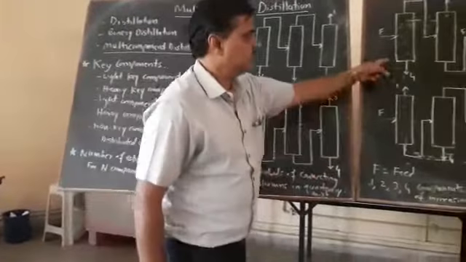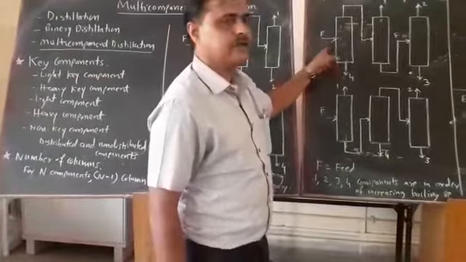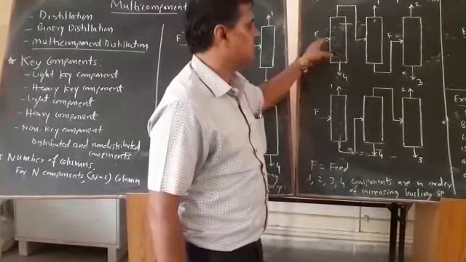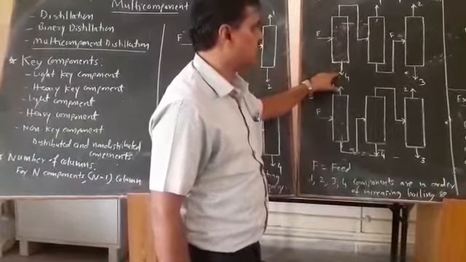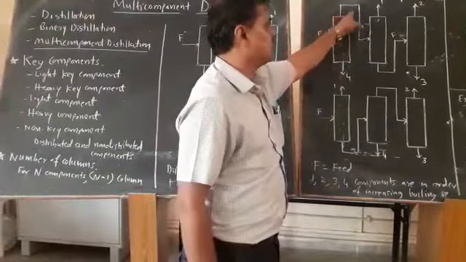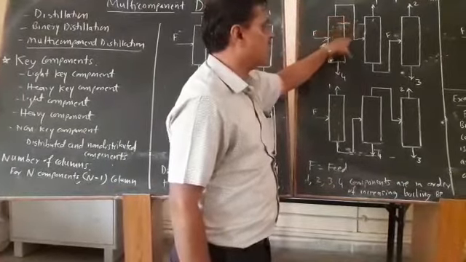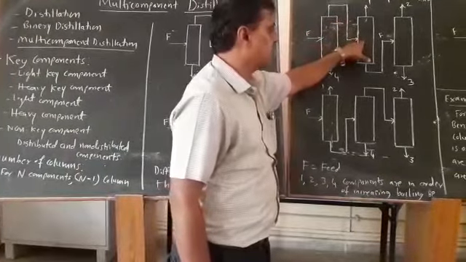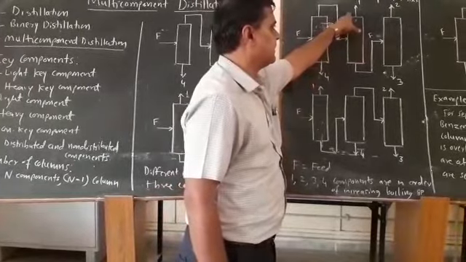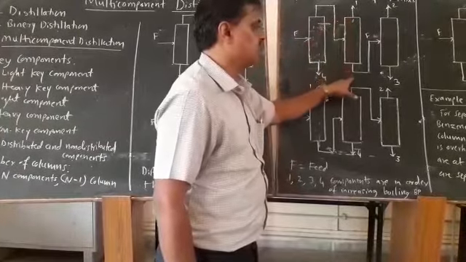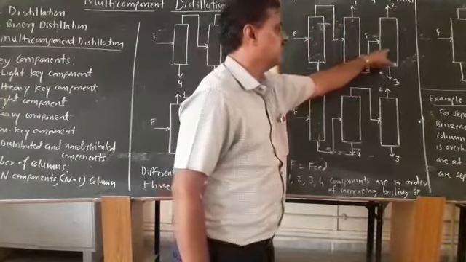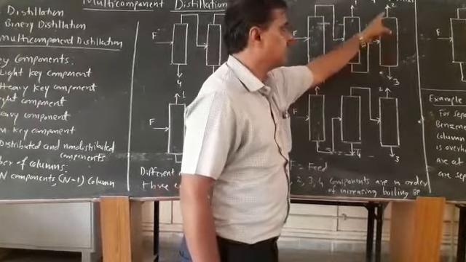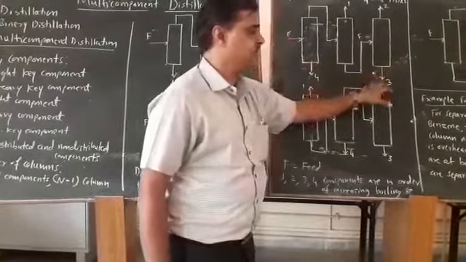Let us see the third diagram. Here the feed containing the 4 components enters the first column where the fourth is obtained. Then the first, second, third component mixture is obtained at the top, which enters the second column where component 1 is separated at the top, and the mixture of second and third is obtained at the bottom, which enters the third column where the second and third components are separated out.